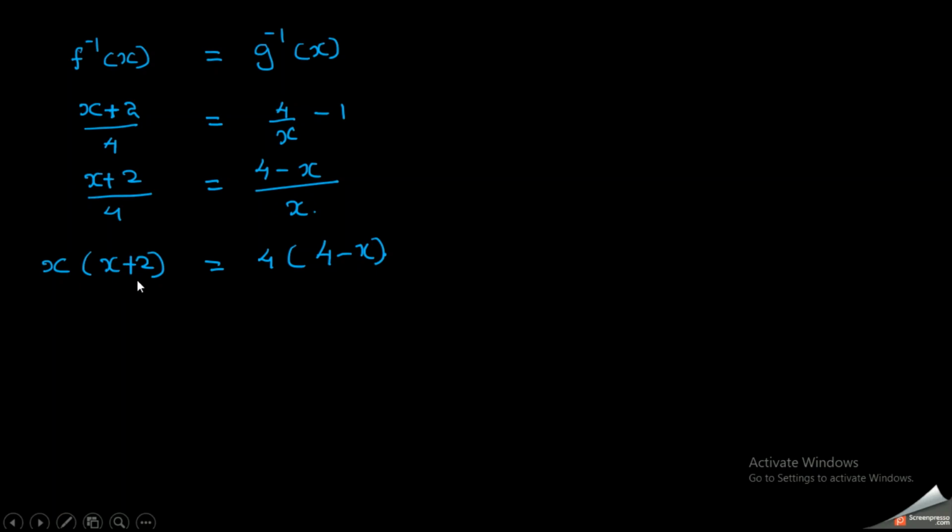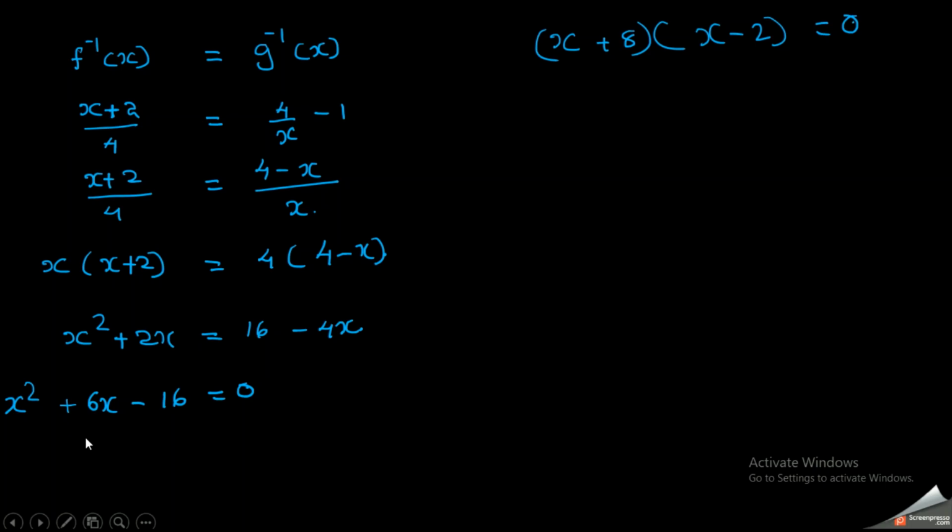x into x plus 2 plus 4 into x minus 4 minus x. So x squared plus 2x, 16 minus 4x. This goes to this side, plus 6, right? Then this is this. So we can factorize this very easily. x plus 8 and x minus 2. x equals minus 8, x equals